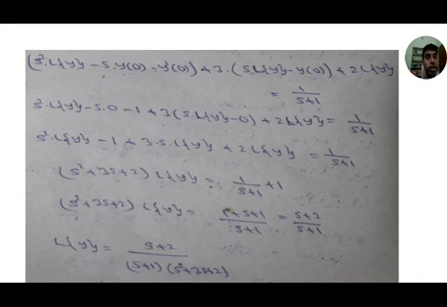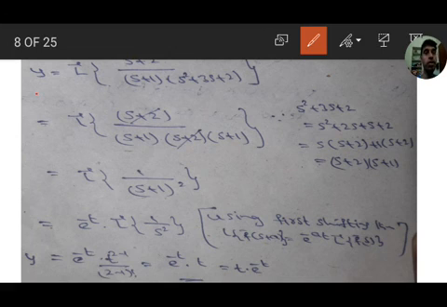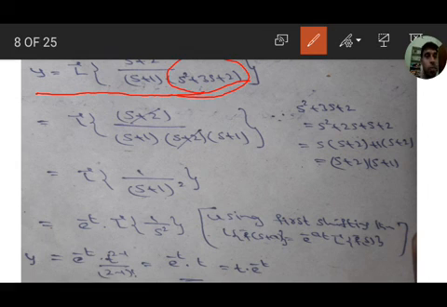We got L of y, so y equal to L inverse of s plus 2 by s plus 1 into s square plus 3s plus 2. So we have to simplify, factorize this s square plus 3s plus 2. We get 2 into 1 is 2, so 3s can be written as 2s plus s: s square plus 2s plus s plus 2. First two terms s is common, s plus 2. Next one is common, s plus 2. S plus 2 is the common, we get s plus 1. So s square plus 3s plus 2 can be written as s plus 2 into s plus 1.